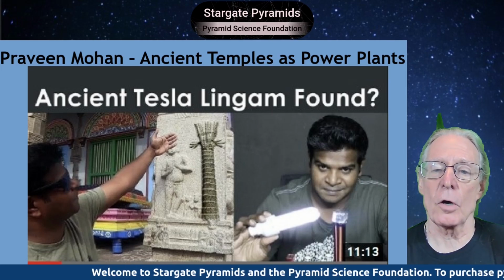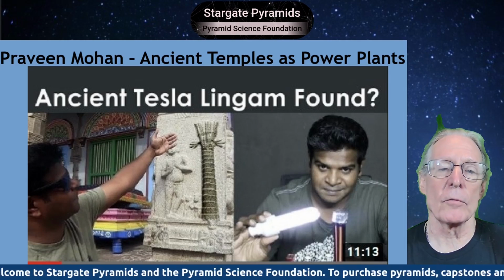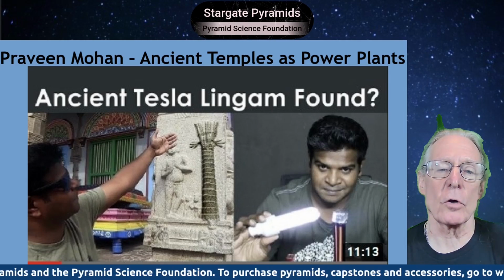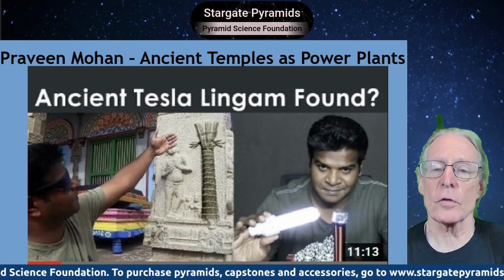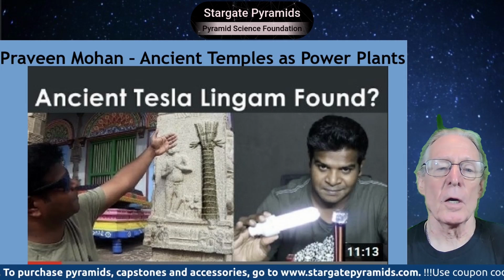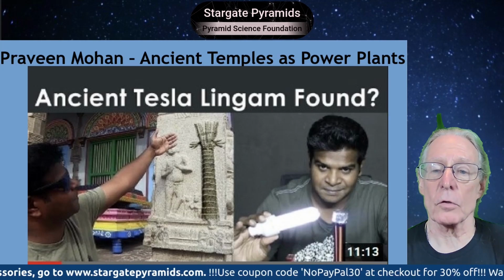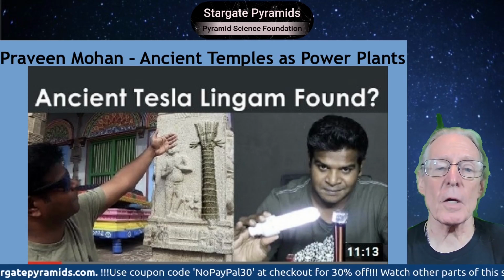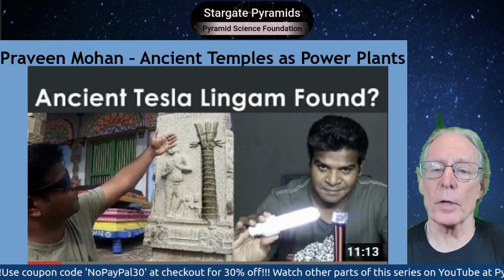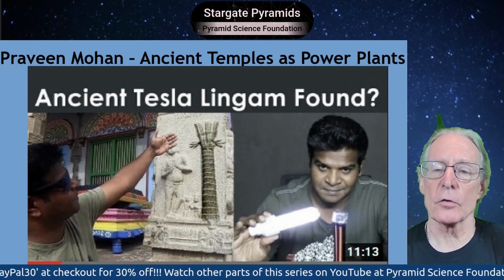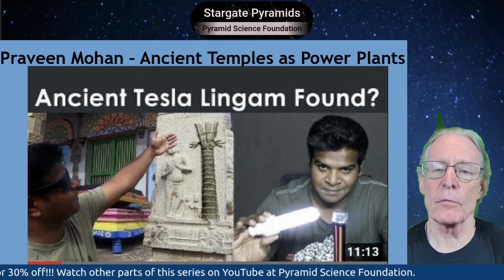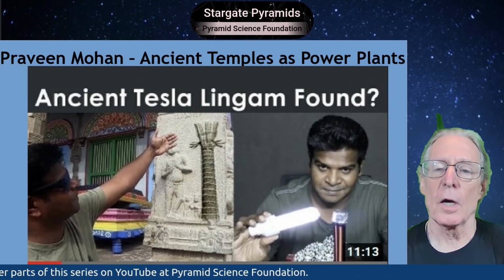This is actually a drawing. If you look at the middle of the page here, this is a drawing on the outside of the Thiruvannamalai temple, which indicates the existence of what he's calling a Tesla coil. He goes on to point out that there is a lingam in the base of this temple complex,